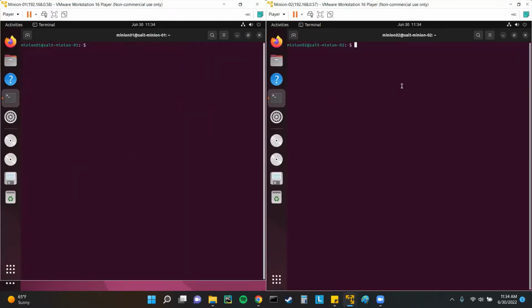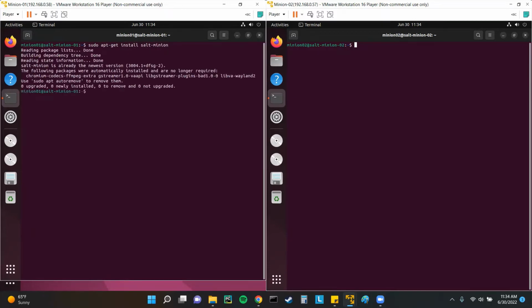So let's install salt minion. I'll be showing the installation steps on minion 1. You can use the same steps on multiple minions if you have. So all you have to do is sudo apt-get install salt-minion. So install salt minion on your machine. So once this is done,